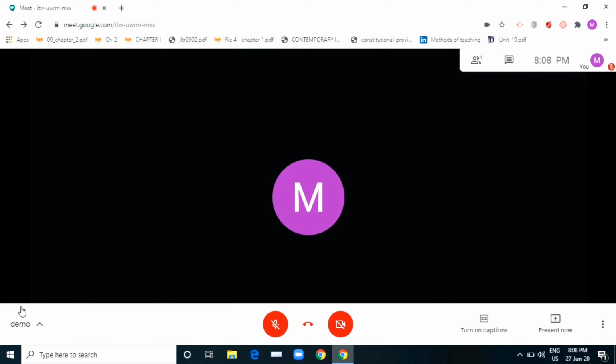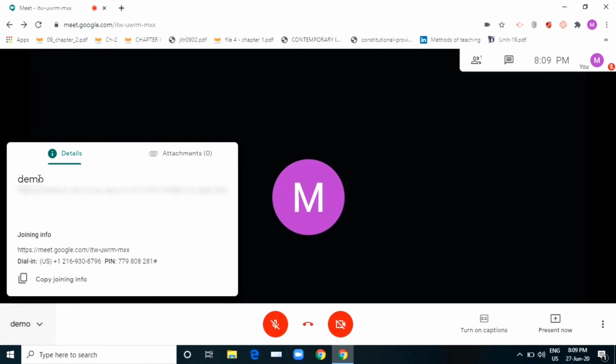And now you can see a bar in the bottom. This bar here shows about the meeting details. Here we have demo and then we can copy the Meet link. Can you see here the Meet link is here? You can copy here. So copy joining info. If you click on to this, can you see joining info has been copied to the clipboard. It automatically copies the link to the clipboard, and from here if you want you can open a new tab and send mail, or you can even send it through WhatsApp, and hence you can invite the people.